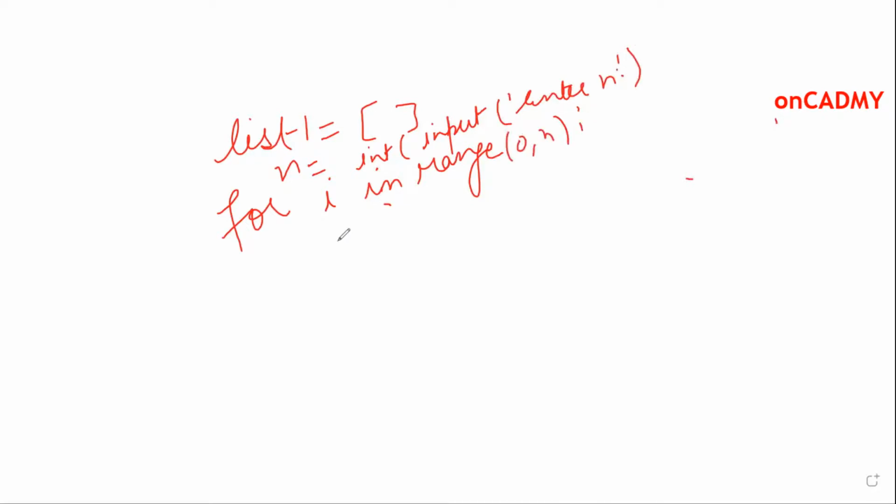Then we'll write element is equal to int input.